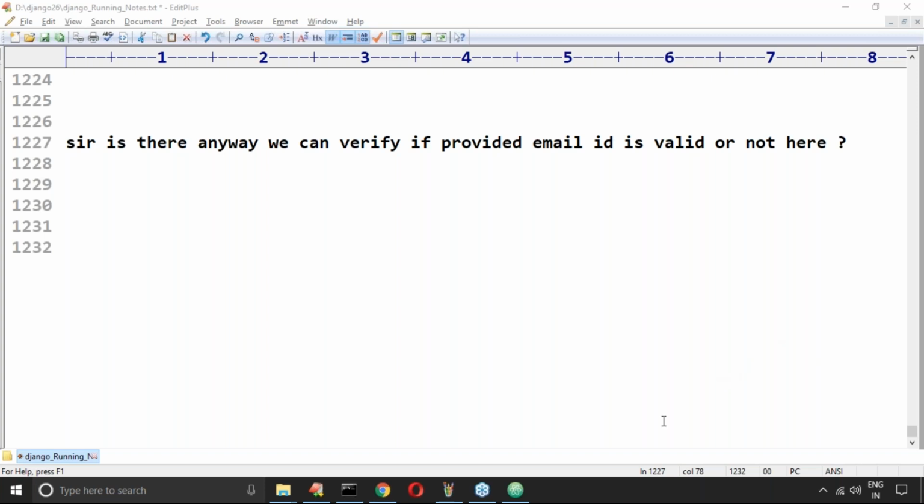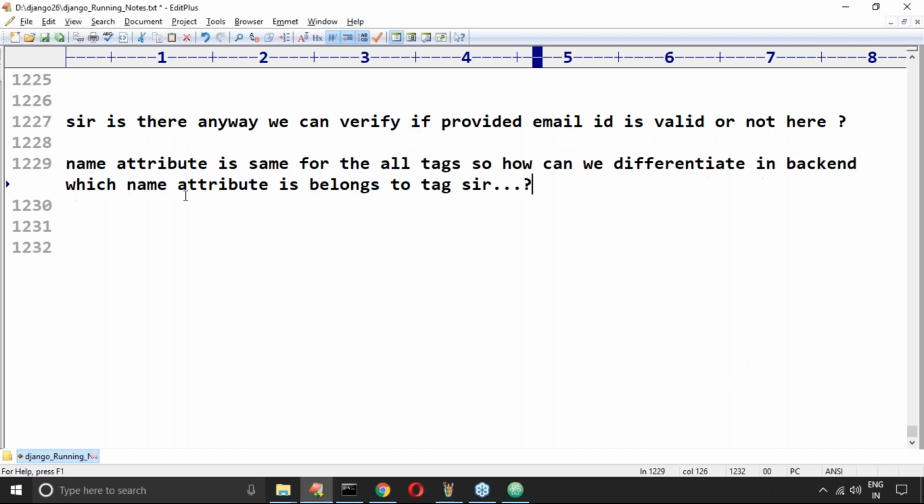Rajesh is asking a small doubt. Sir, the name attribute is the same for all tags. How can you differentiate in the backend which name attribute belongs to which tag? Simple. The attribute is the same, but the value is different.